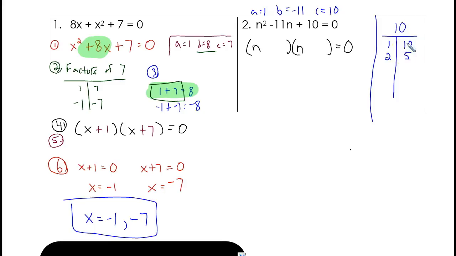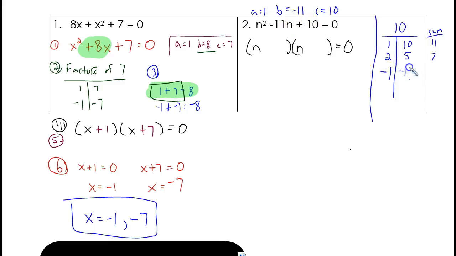Well, when we look at 1 and 10, 1 plus 10 is 11. This is the sum over here, right? Didn't work, but it's pretty close. And 2 plus 5 is 7, and 7 didn't work at all. Well, that pretty close is there for a reason, because this middle part is negative. So we know that our signs have to be the same. If we're going to multiply to get a positive number, our signs have to be the same,